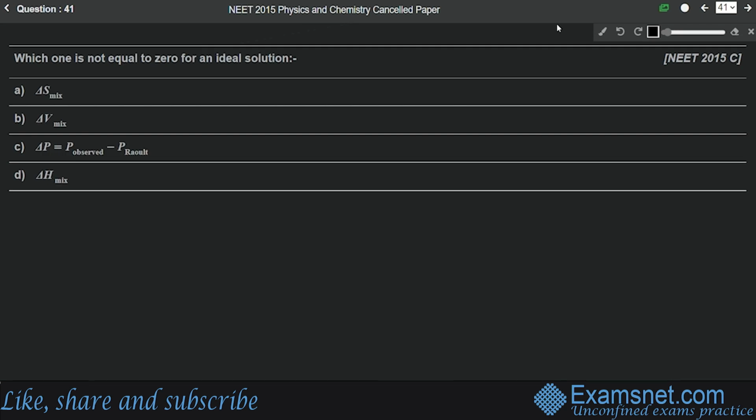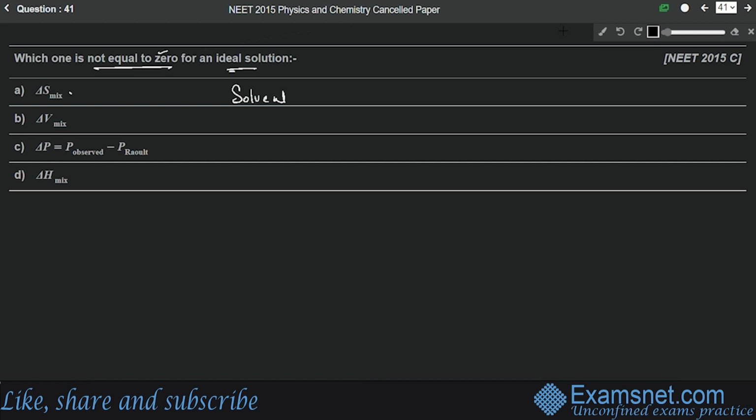Question number 41 is from the chapter Thermodynamics, and the question is which one is not equal to 0 for an ideal solution? So this is again very simple. We know that entropy of mixing cannot be 0 for an ideal solution. It is always more than 0. That means it is positive,